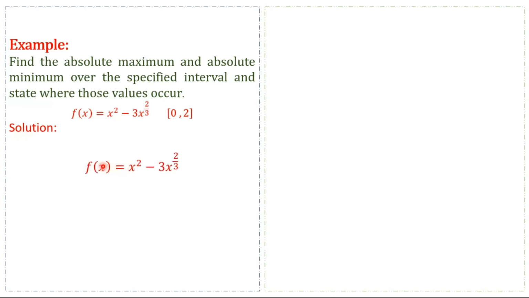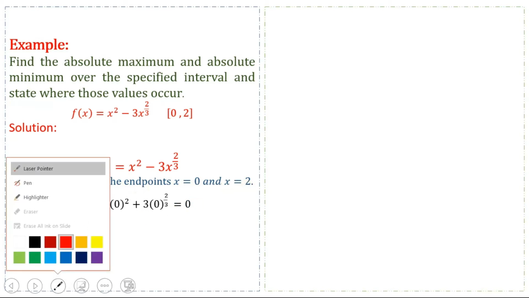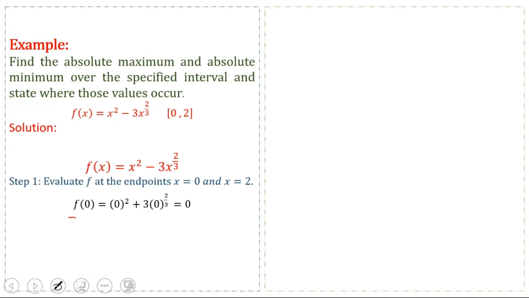And this is our given function, and we know that our first step is we find the value of the function at the end points of the interval. So first we find the value of the function at x is equal to 0, and then we find the value of the function at x is equal to 2. So the first step is to evaluate f at the end points x is equal to 0 and x is equal to 2, and the value of the function at x is equal to